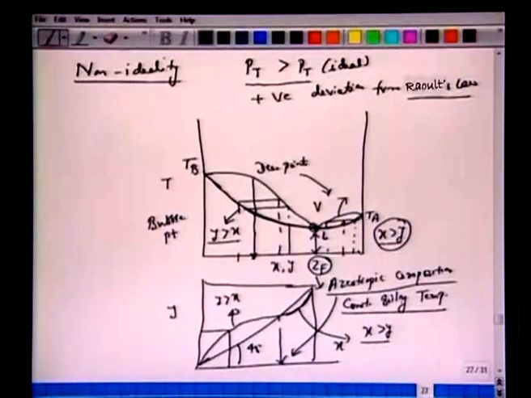So this is a non-ideality situation, non-ideal components which you may encounter depending upon the type of binary components we have. For example, water with most of the alcohols, right? It's a kind of immiscible fluid, and there is a certain azeotropic composition at a given pressure, at which if you have that composition, then the entire liquid will be converted into vapor, and there will not be any separation. So if you want to separate this type of mixture, of course, the feed composition should be smaller than this azeotropic composition, or if you increase the pressure, there is a possibility of removing this azeotropic composition.